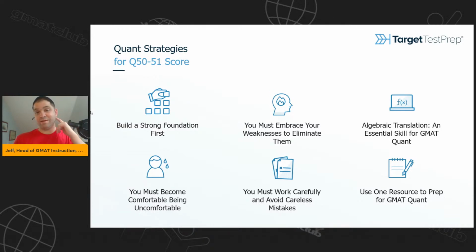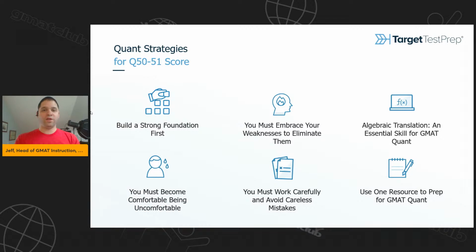Avoiding careless mistakes. I mean, that's huge too, but that's more of a situation of real time on the GMAT. Careless mistakes are killer. I talk to students about them a lot. There's things you can do to avoid them. Some careless mistakes are due to doing things in your head or making an assumption at the last minute in a data sufficiency question, right? Don't do those things, at least initially, until you can skip steps or do stuff in your head. Initially, do everything out as fully as you possibly can, right? Because if you don't, you're going to run into issues and it's going to really take a toll on